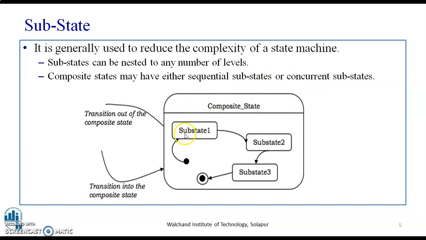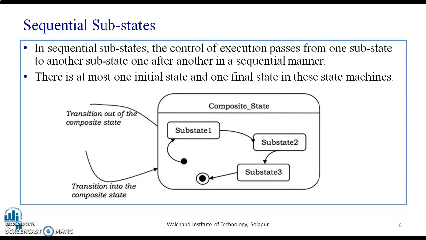Now what is sequential? Sequential is nothing but one after the other. From the initial state, you get the input. From there, you get the output. The output acts as an input to the next stage and so on till the end. So when talking in terms of states, a state that is a simple state can have a substate or have n number of substates. The substates can be sequential, that is connected to one another, or it may be parallel or concurrent. Now we will see what is a sequential substate.